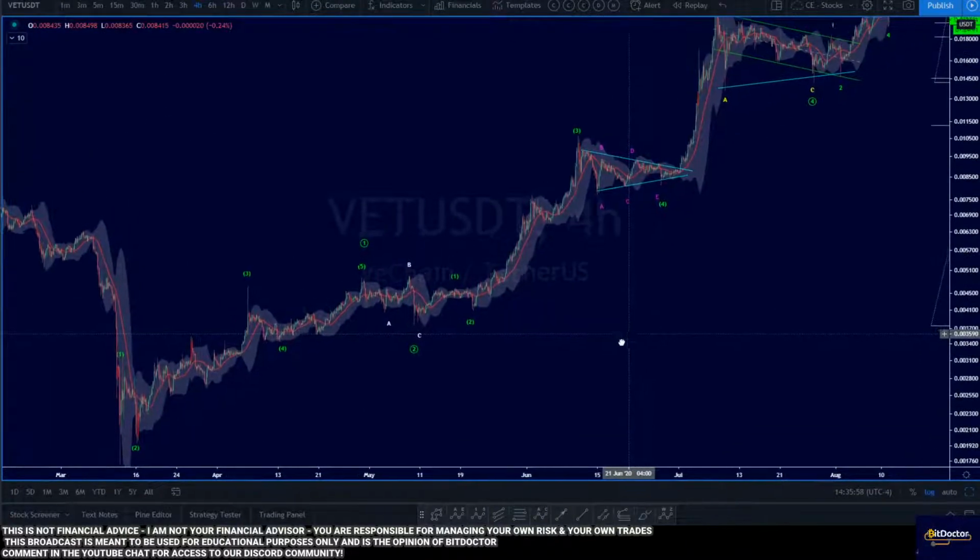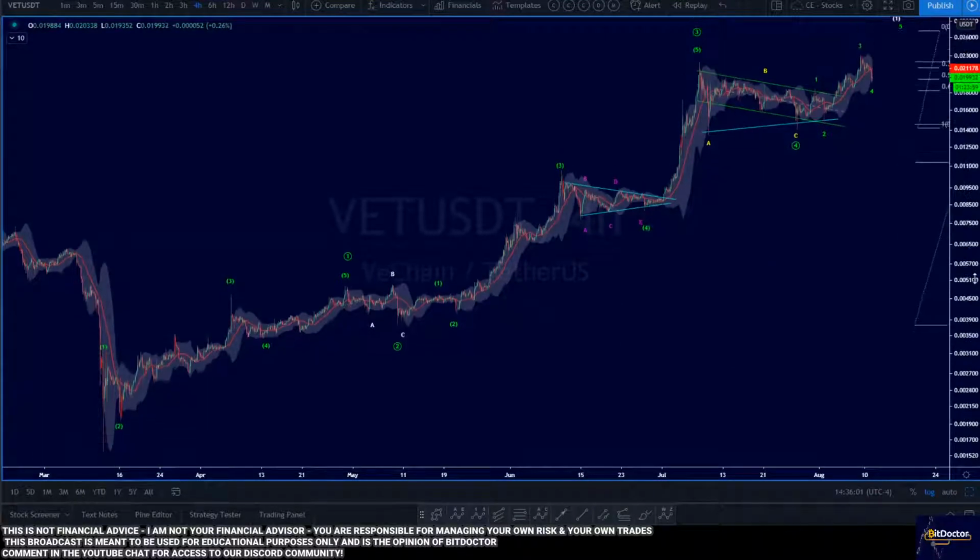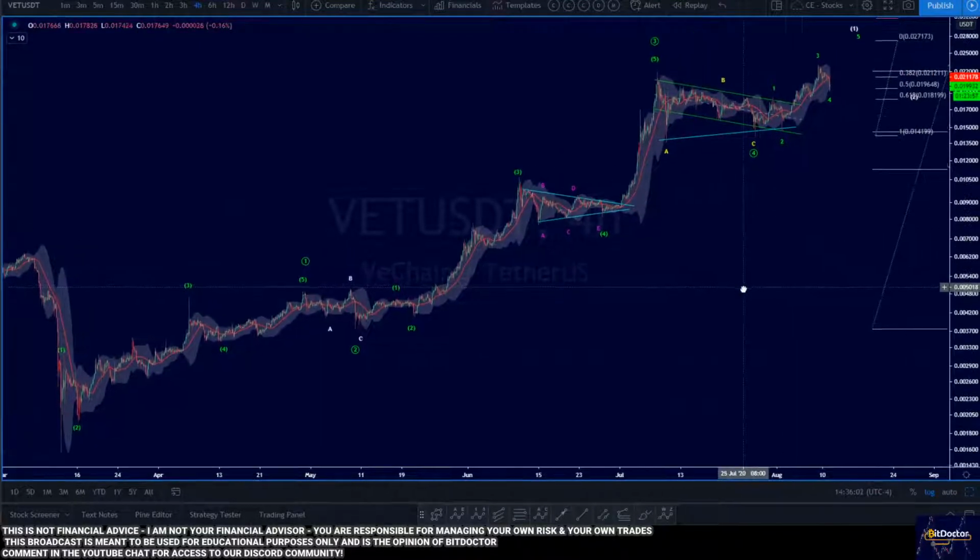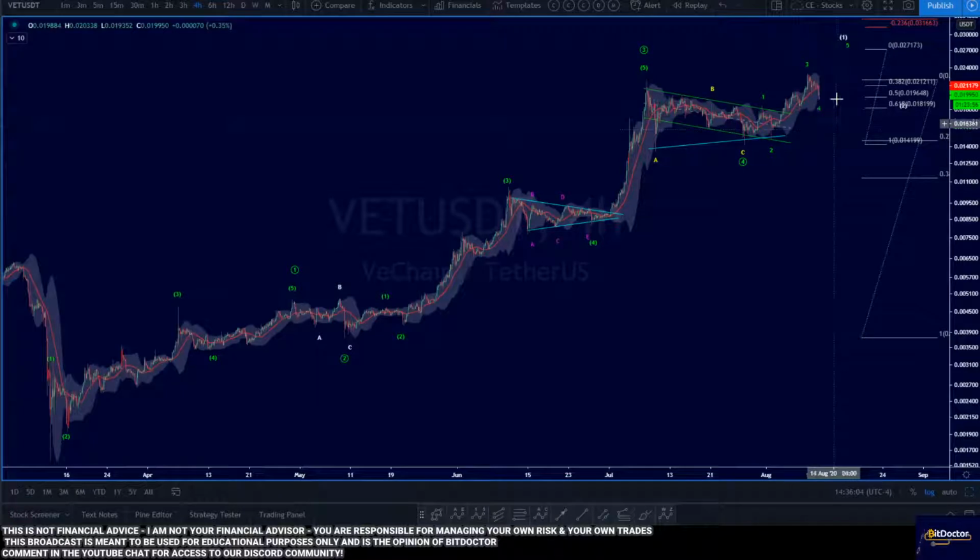We've had a nice move up and out, and so yeah, the price has moved up significantly, but I still think that there is some more money that can be squeezed out of the turnip. It's possible that we're done. It's possible that this move is complete. I don't think it is though. I think that we still have a little bit higher to go.